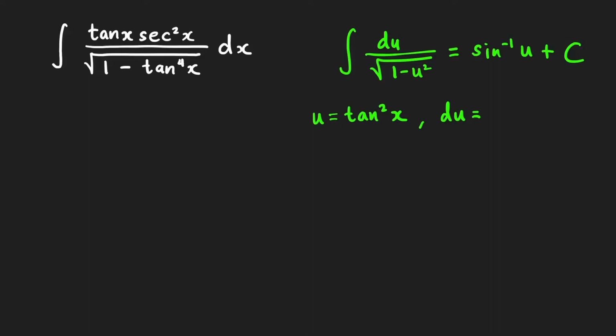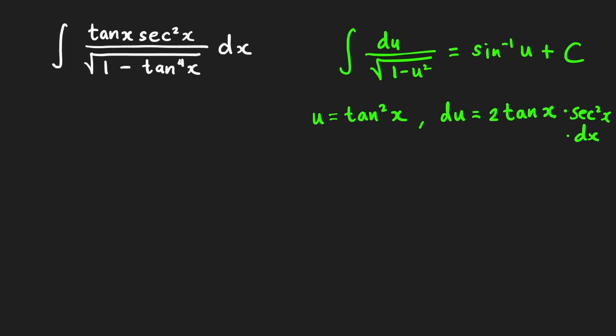You bring down the power, you subtract 1 from the power, so that is tangent x, times the derivative of the base, because this one is in the form tangent x quantity squared. So we apply here the extended power rule. You bring down this power, you subtract 1 from the power, so this becomes 1, and then multiply it by the derivative of the base, which is derivative of tangent x, that is equal to secant squared x. And then, of course, times dx,